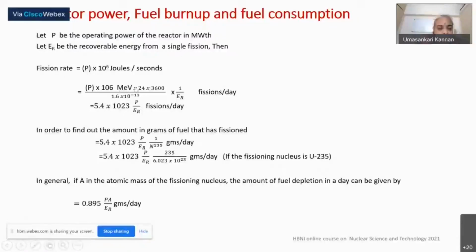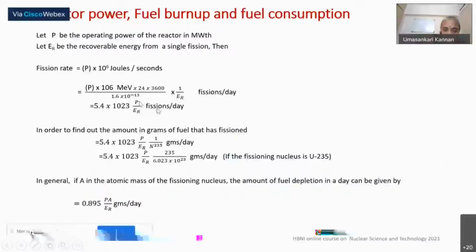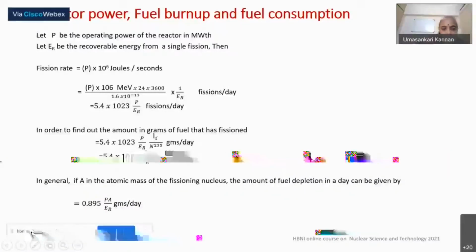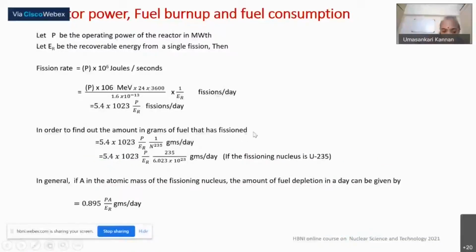So P into 10 to the power of 6 MeV into 24 into 3600, divided by the conversion for electron volts to joules. And then you can see it is 1 by ER, the recoverable energy. So that many fissions per day, which can be simplified as 5.4 into 10 to the power of 23 into P by ER fissions per day. Now, to find out in grams what fuel has been fissioned or consumed,